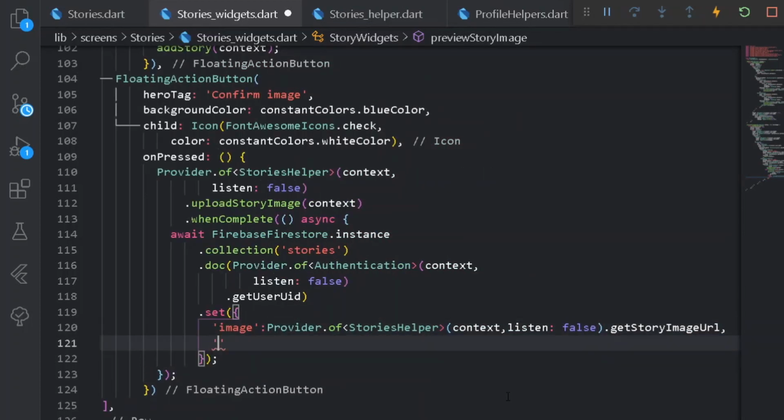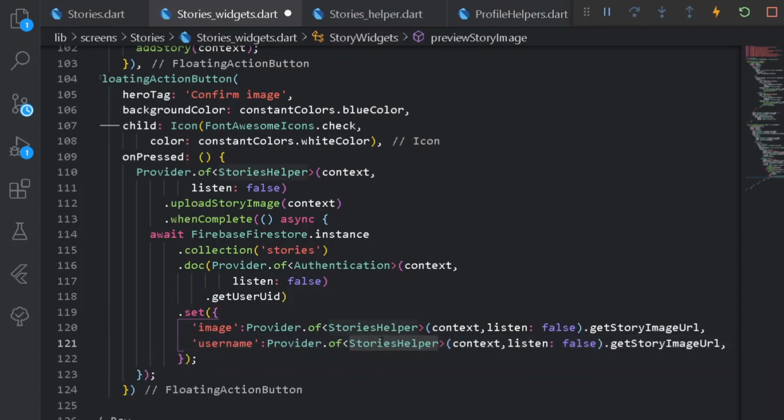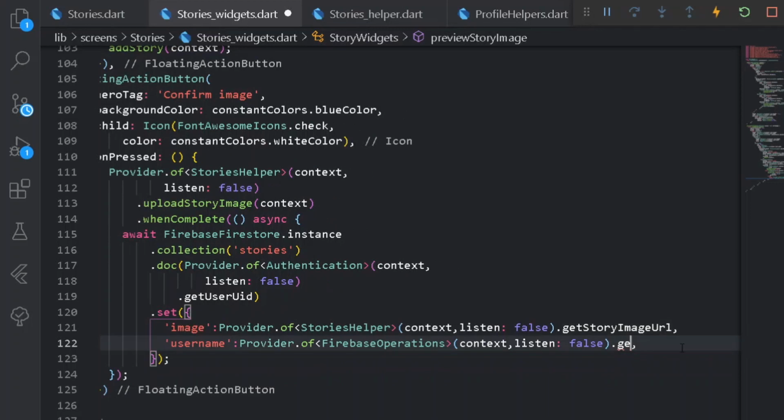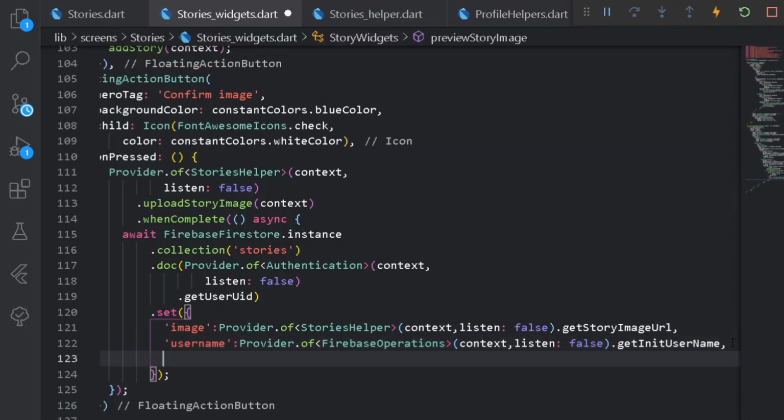Once we have the URL, let's have username. For username, I can copy the entire provider thing, paste it here, but here let's have FirebaseOperations, and after that let's have getInitUserName. We shall also require the user image of the user who has uploaded the story.